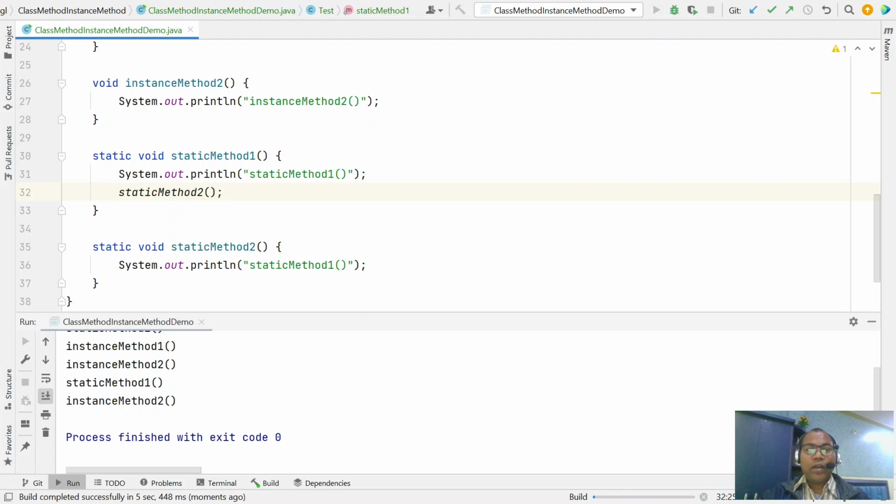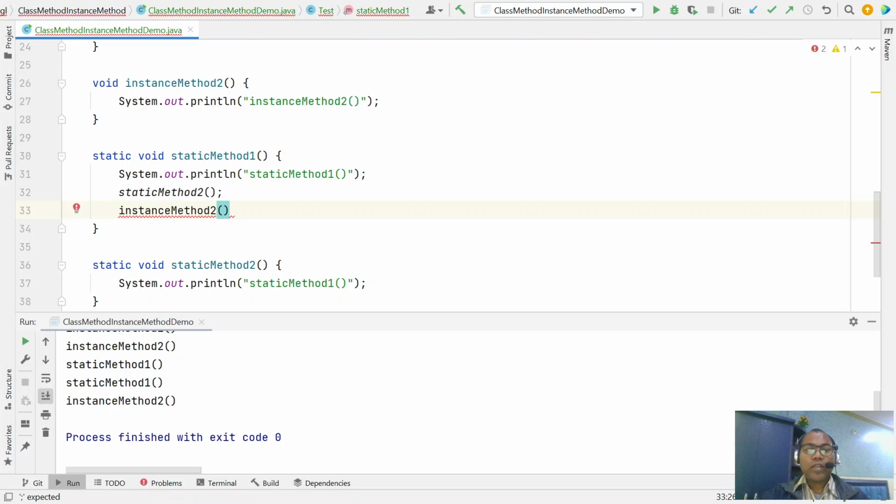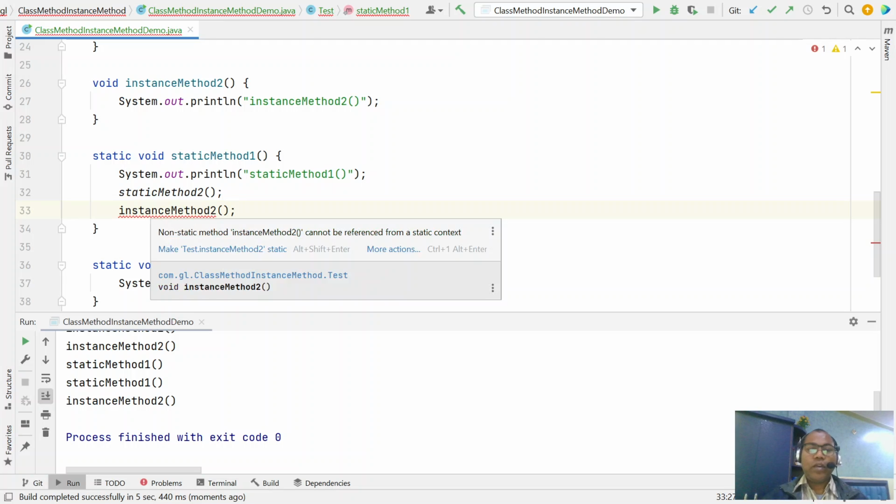But can a static method invoke an instance method or not? This is where the problem is if you try to invoke an instance method. Now the compiler enforces it on you. A static method can never directly invoke any non-static method.